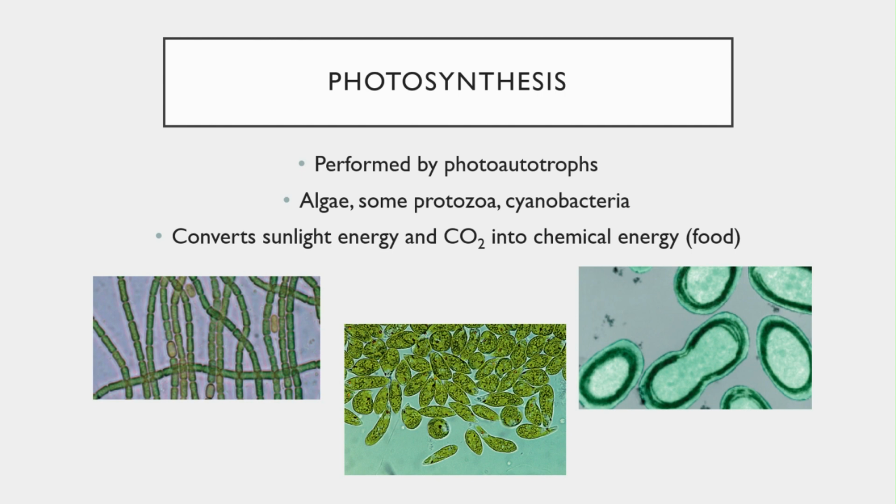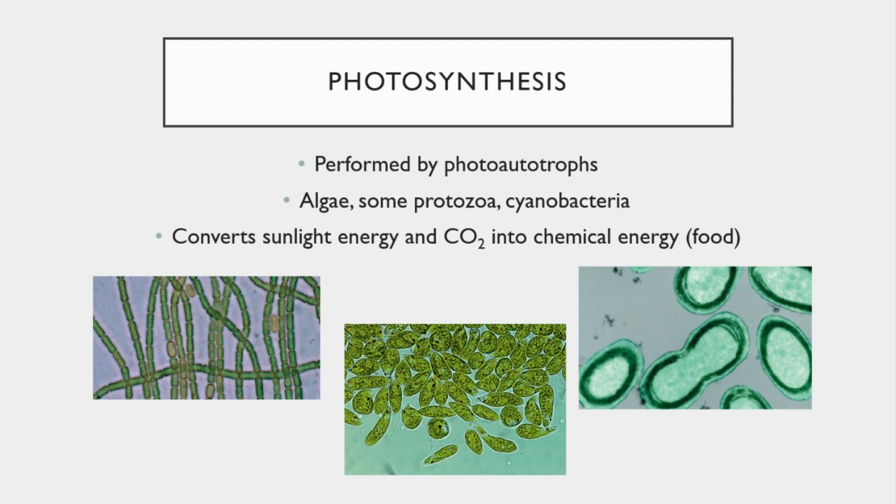Instead of using energy already stored in chemical bonds like chemotrophs, phototrophs use photosynthesis to harvest energy using light. They include algae, some protozoa, and cyanobacteria. These organisms, if they are photoautotrophs, are able to convert sunlight energy and carbon dioxide into chemical energy in the form of food. During the process, light energy is absorbed by pigments such as chlorophyll, which are present in specialized